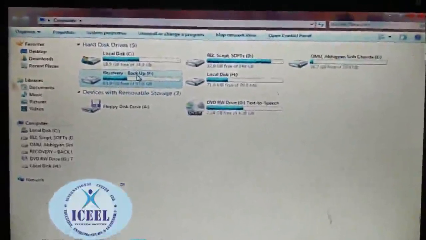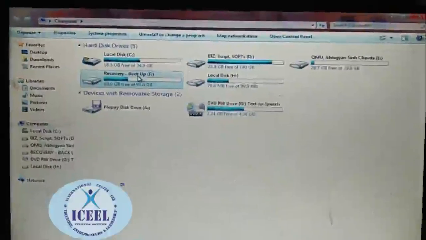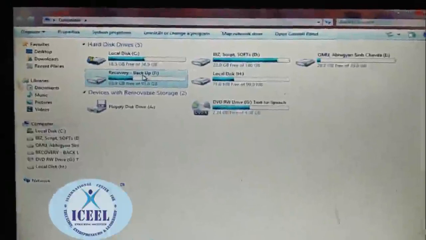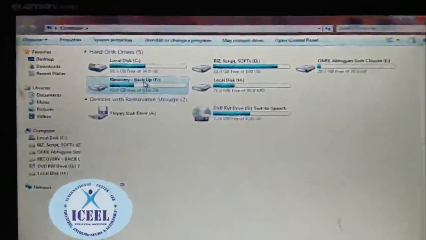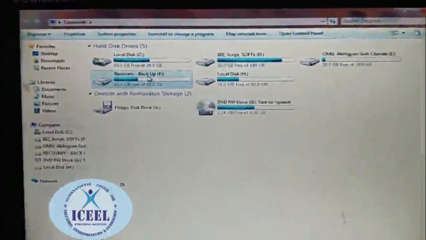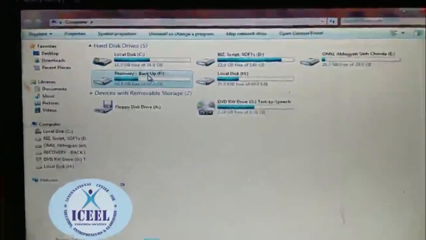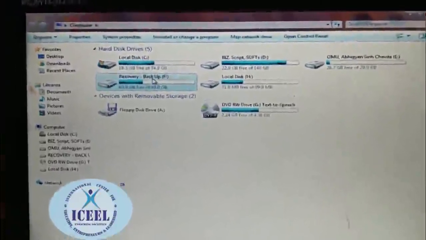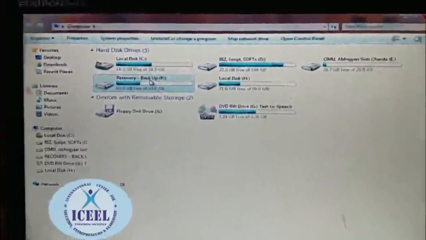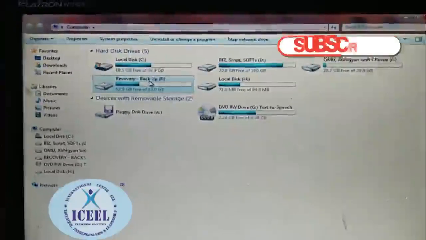First of all, I'd like to show you my operating system's different partitions. I have a C drive, then a D drive, where my software, my business and the scripts and everything are lying. Then there is the E drive, which is my son's drive. His name is Abhigyan. Then the F drive, which is a recovery or backup drive, which I have given a name over there. And H is, as usual, a 100 MB partition.